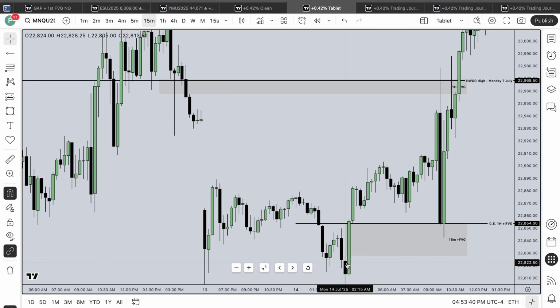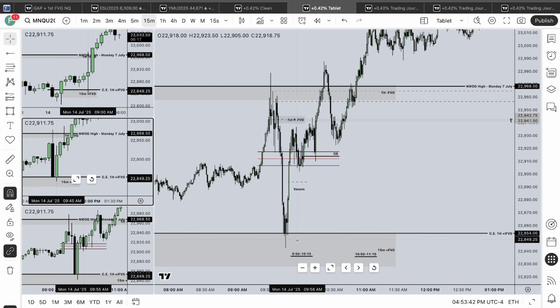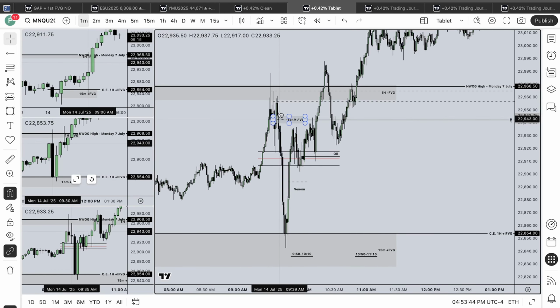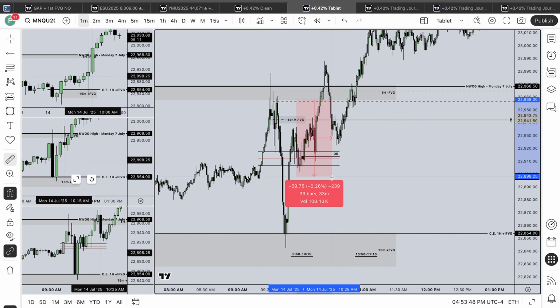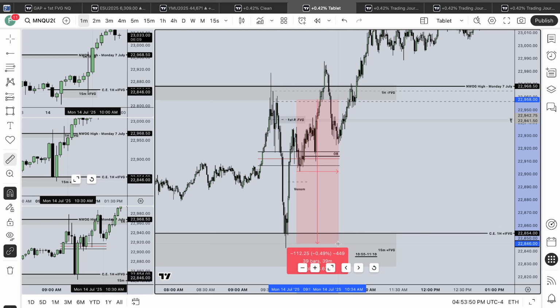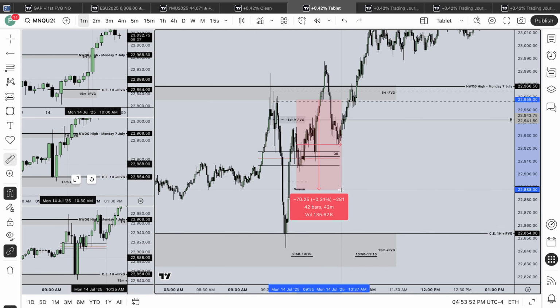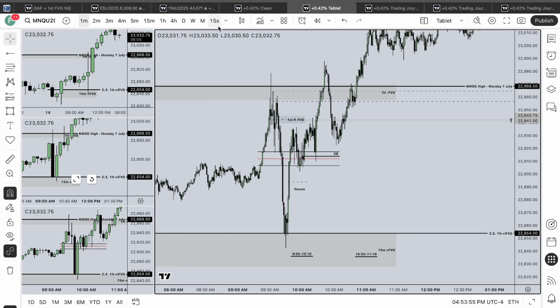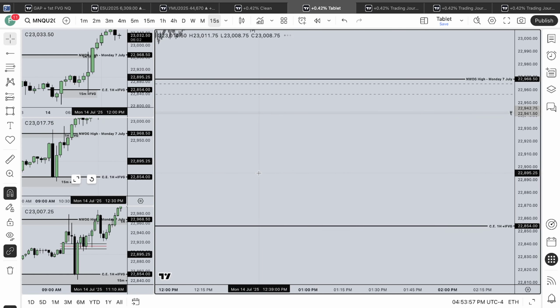We did not trade into any order block, so my short was in here, and of course this gave me 60 handles. This is where I would scale out, but I want to check the 15-second chart with you,